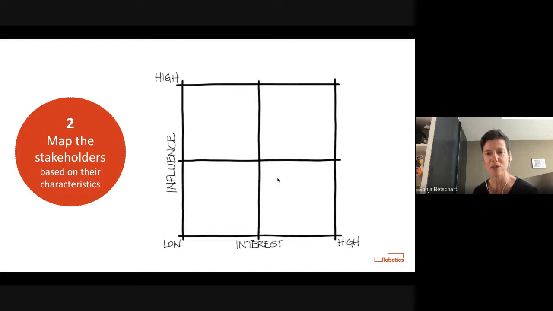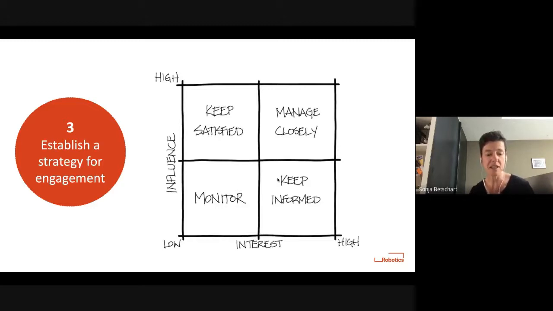And that brings me to the second part that we discussed in the very beginning. Now that we know who the stakeholders are and where they can be found in our universe, with this mapping based on influence and interest, I can create the strategy for how I will engage with these stakeholders. In terms of strategy, it means taking these four quadrants and saying, okay, what will I do with them?